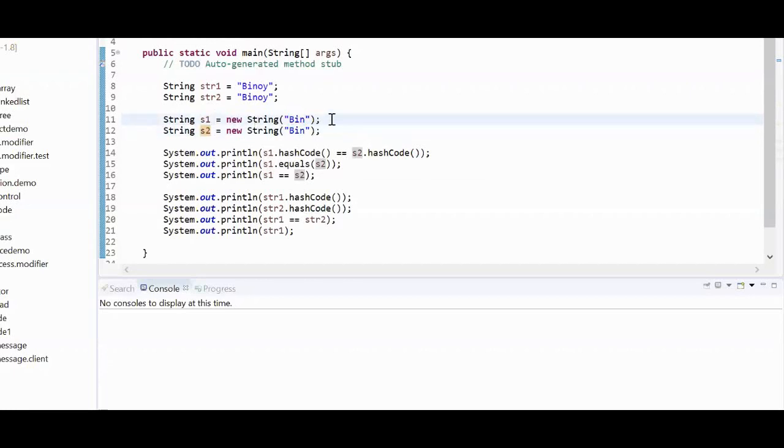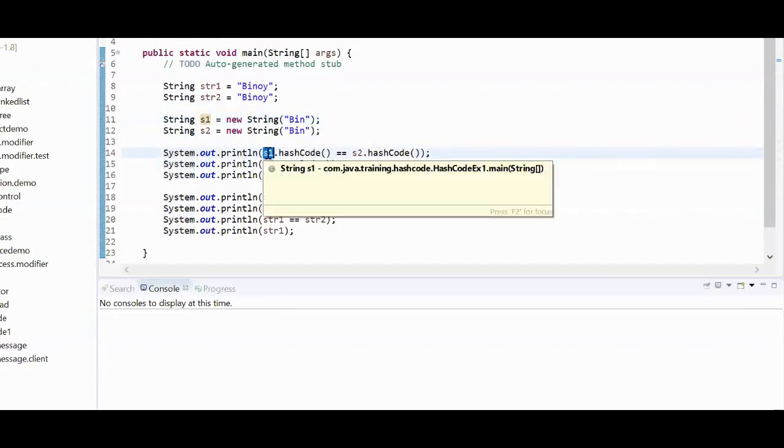So this will also be stored in the heap memory. Okay, so let's take the example of how the hash code is generated. In order to do that, I'm comparing the hash codes. If you print the hash code of S1,